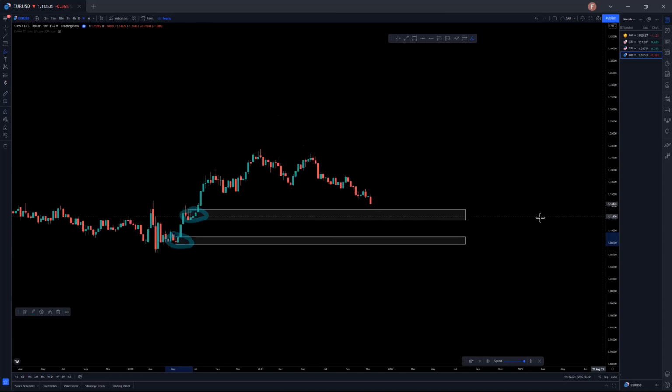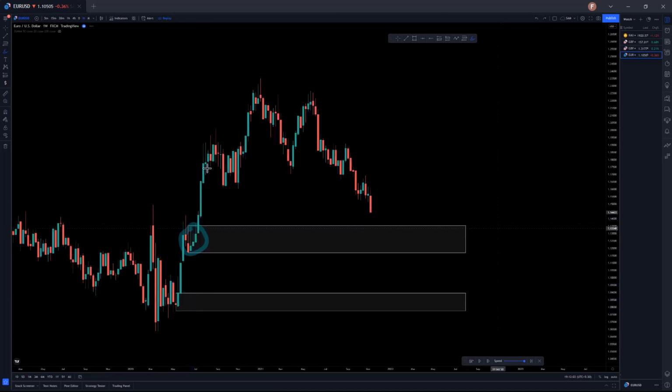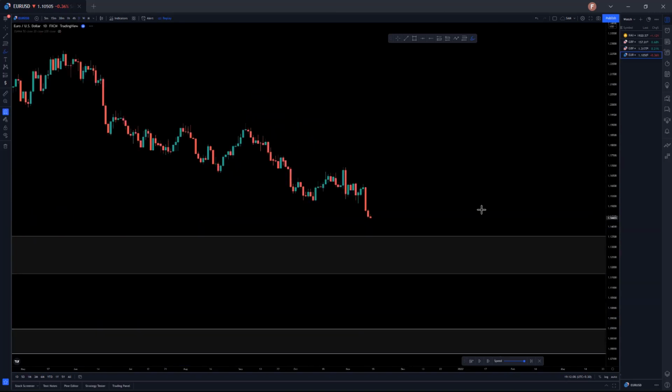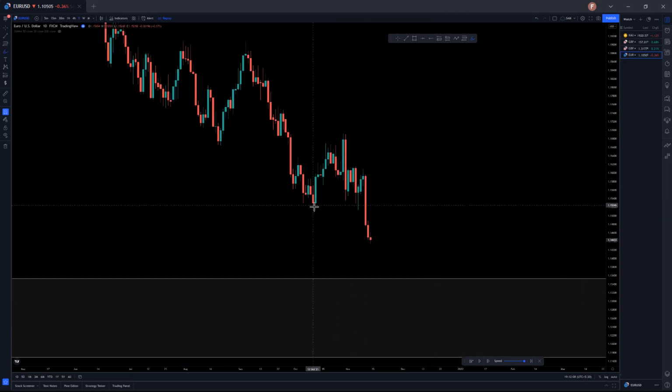All right. So now you can just go to the daily and 4 hour to do the things that you already are doing. Suppose this was the break of structure and price might fill this imbalance sort of thing.